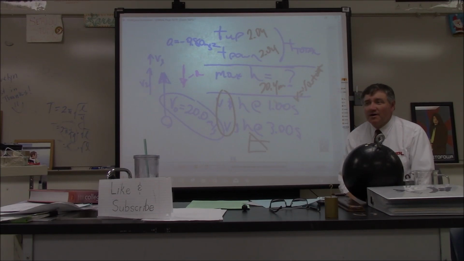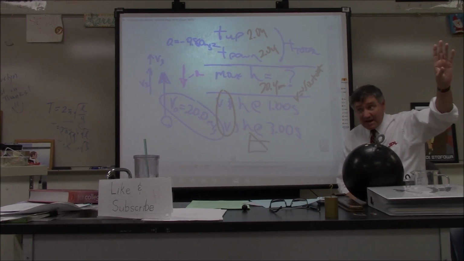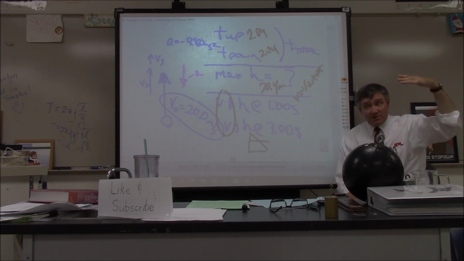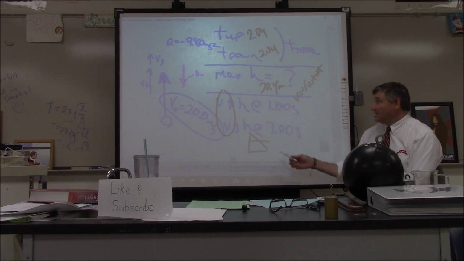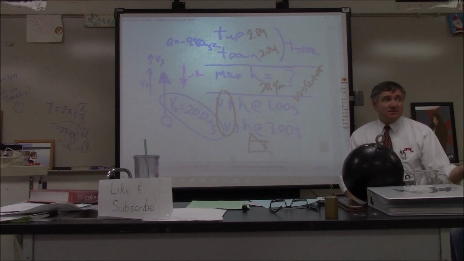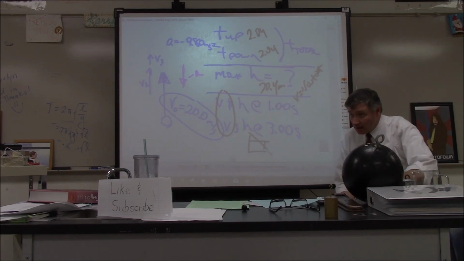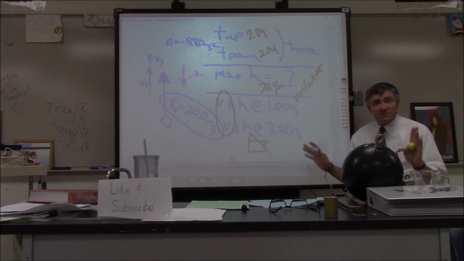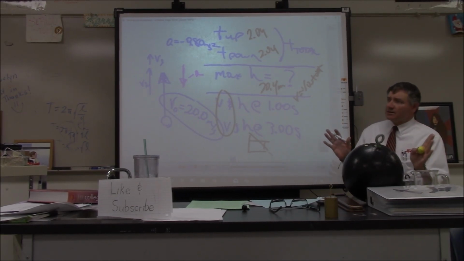Because it's still under the 2.04 seconds. Yeah, because 2.04 seconds is when it's at its maximum height, right? So you know this thing is still on its way up, so your velocity has to be a positive number. Now at 3 seconds, your velocity is going to be a negative number, because now you started on the way down. Okay? So before you crunch any